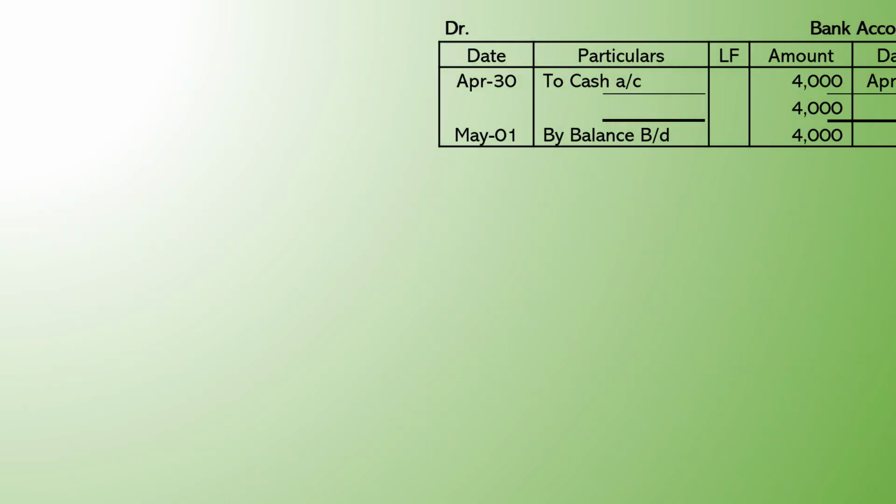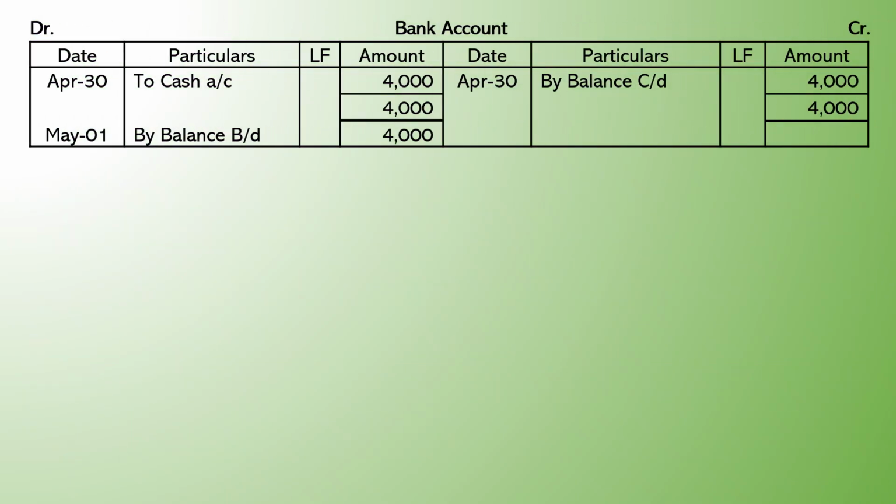For the transaction dated 30th April 2025, in the cash book, bank account appeared on the debit side. Hence, on the debit side of bank account, post the entry as to cash account for an amount of 4,000 rupees. As there is no other entry to post, total the debit side and write difference on the credit side